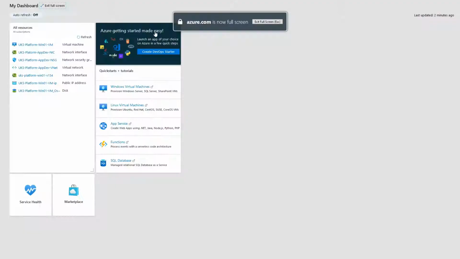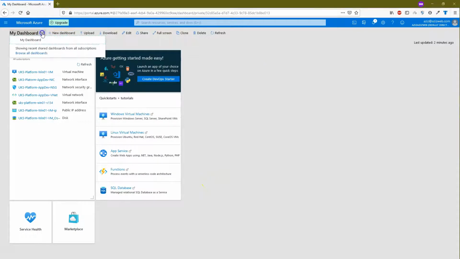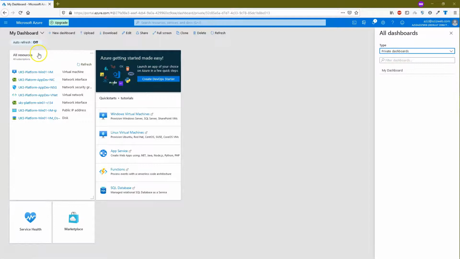This is useful when we want to use a dashboard on a monitor screen for some performance related chart for monitoring. Drop-down list box contains list of private dashboards and a link to browse all dashboards. Click on browse all dashboards link to open all dashboard panel on right hand side of the screen.